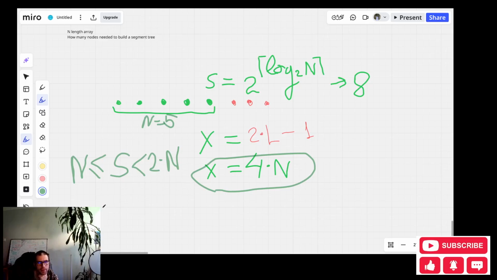Suppose our s is greater than 2n. So from here we can say that s divided by 2 is greater or equal than n.